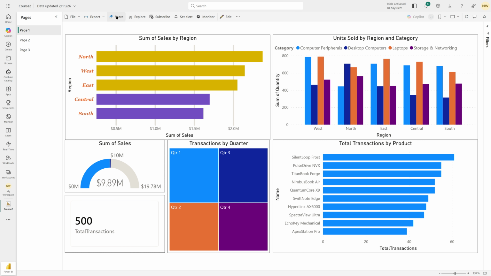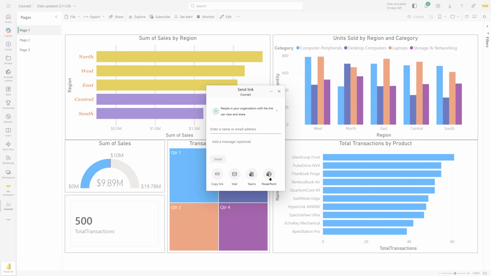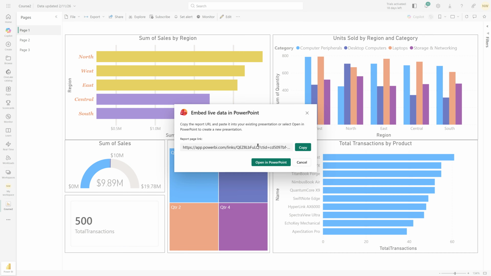I'll go ahead and click on share. And one of the options is to share to PowerPoint. Now, I'll go ahead and click on here, and let's see what it says when I do that. So it's giving me a few options. So I can copy the link, or I can open in PowerPoint. So it says copy the report URL and paste it in your existing presentation, or select open in PowerPoint to create a new presentation. Well, I'll go ahead and click on open in PowerPoint,